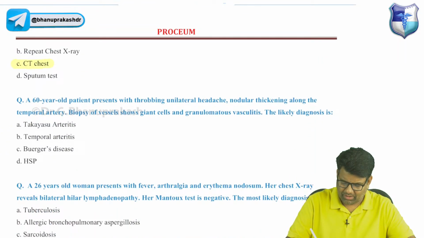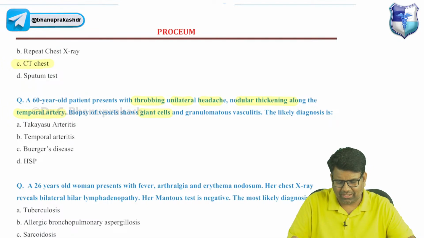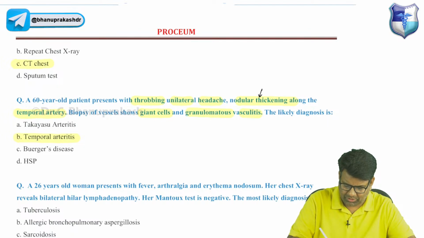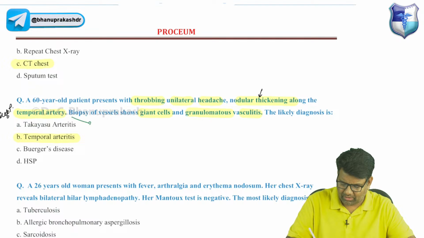Next question. Patient presents with throbbing unilateral headache with nodular thickening along the temporal artery. Biopsy shows giant cells. The answer has been given. There is granulomatous vasculitis. So this answer is temporal arteritis. That's right. There is thickening of the temporal artery, especially the superficial temporal artery, and it looks like a thick cord, and this may be associated with visual